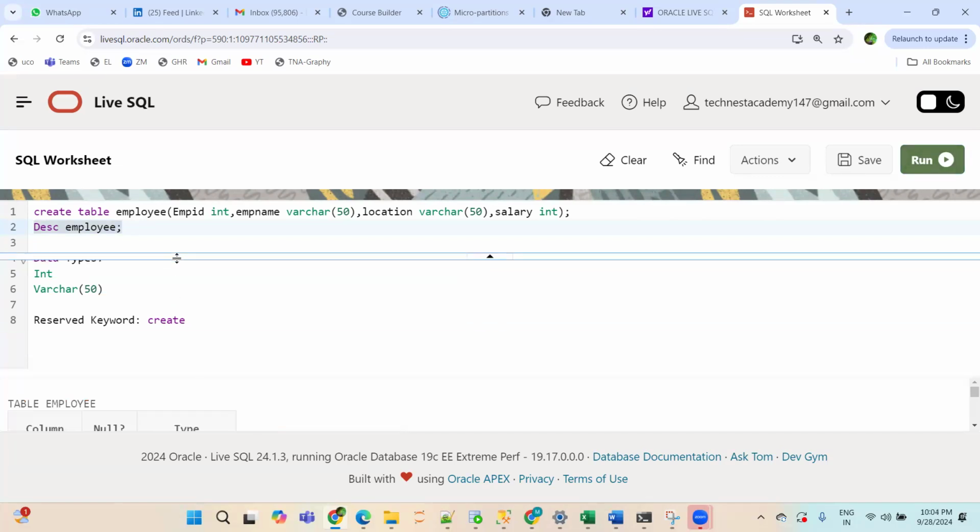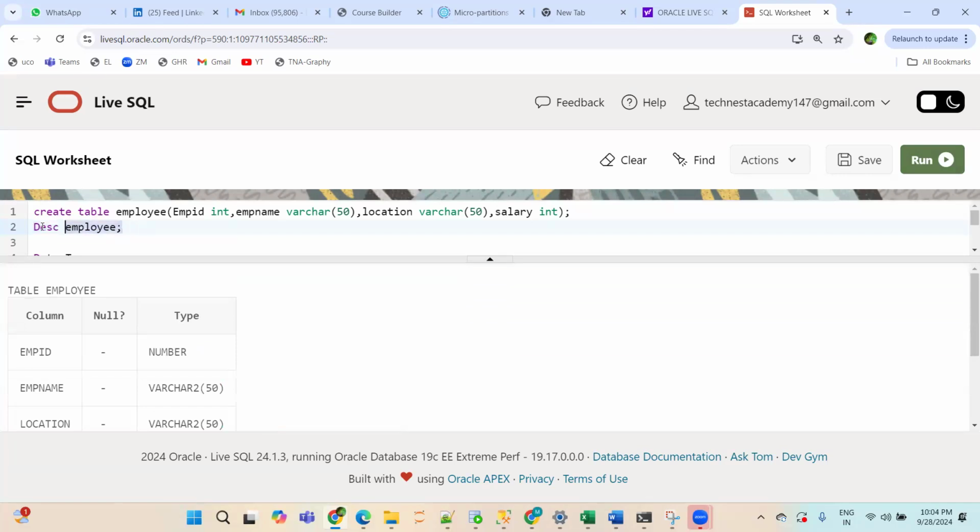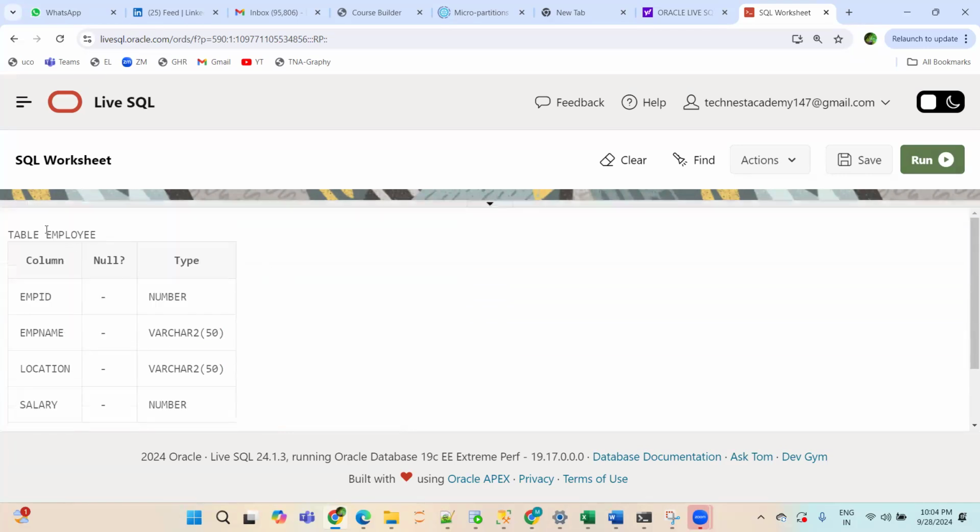Now see, when I've written DESC employee here, it means I'm telling the SQL engine, if you have created this employee table, show me the structure of this table. So now see, it is showing me the structure. Table name is employee. What are the columns? Employee ID, employee name, location, and salary. You have these 4 columns now, correct?